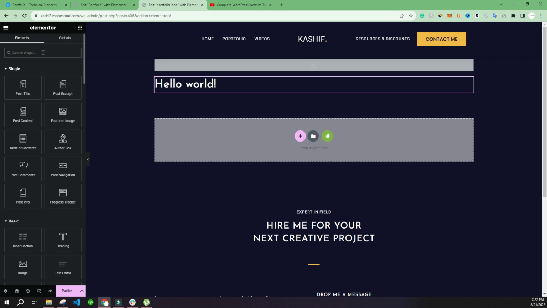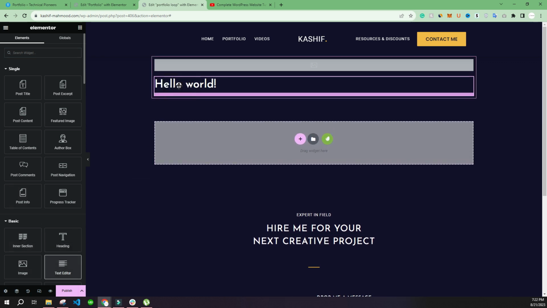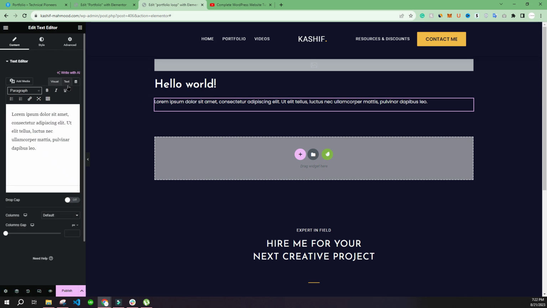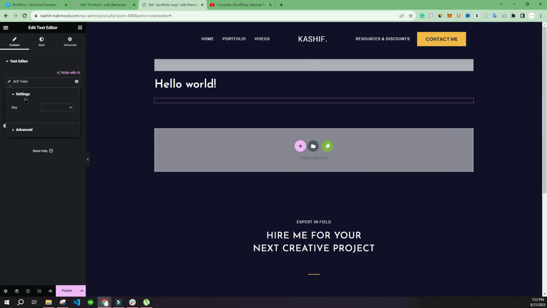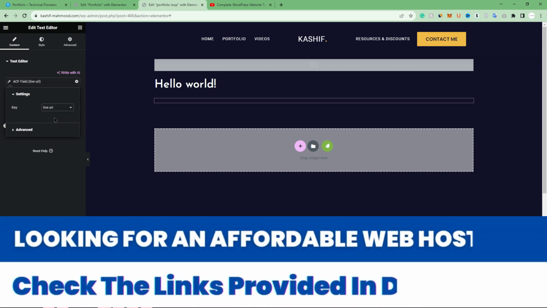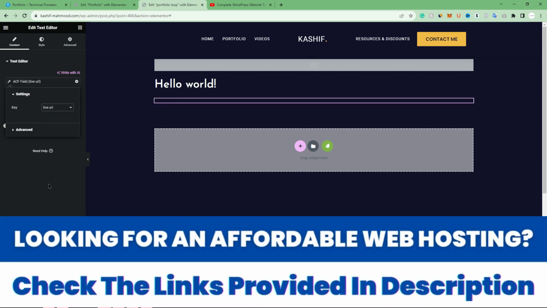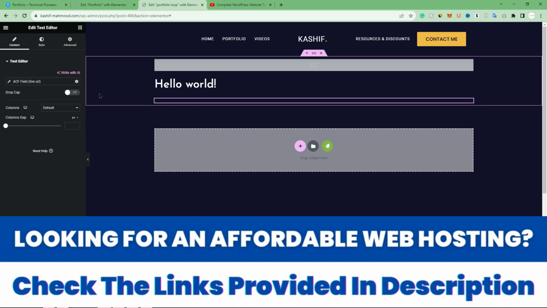For the link we will have to use the text editor maybe, and then under dynamic tags we will go to ACF field and we will choose live URL, and then we will have a button